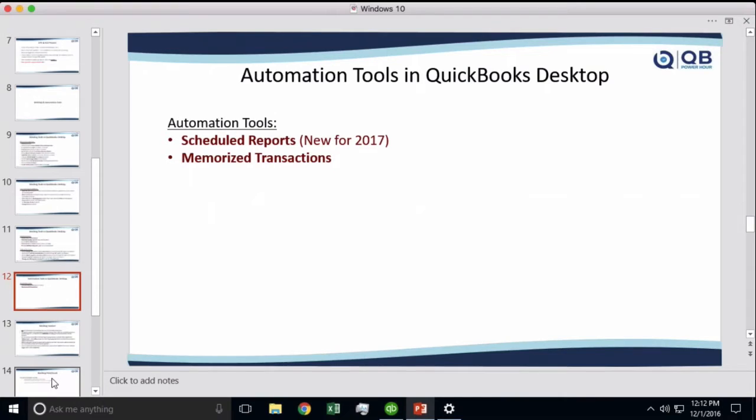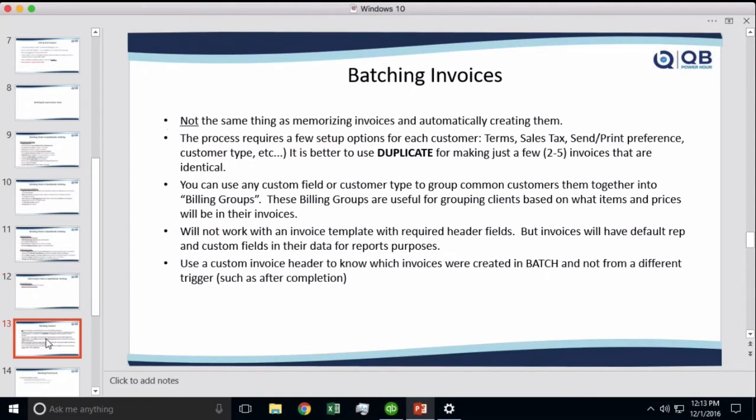And in terms of automation, there is a limit though of the things that you can do with automation. There's scheduled reports, which we'll cover, and then there's memorized transactions, which we'll cover. And again, this is all 100% QuickBooks Desktop, not QuickBooks Online. So we're going to jump into QuickBooks Desktop real quick, but let me first cover a couple of really important